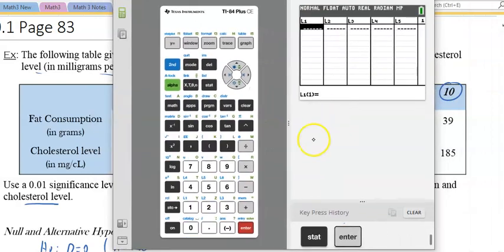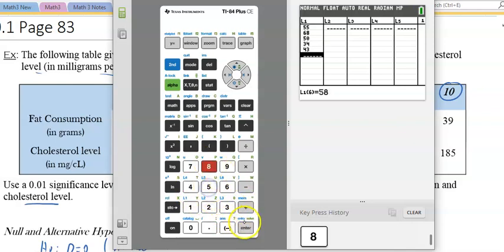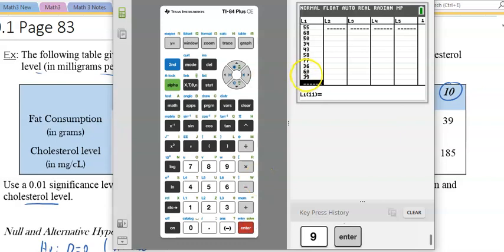So we have 55, 68, 50, 34, 43, 58, 77, 36, 60, and 39. That should be the 10th. Let me double check. 55, 68, 50, 34, 43, 58. Yep, they match. And then I'm going to go to the second column and input, so just move the arrow to the right,